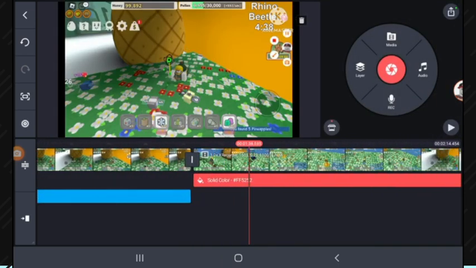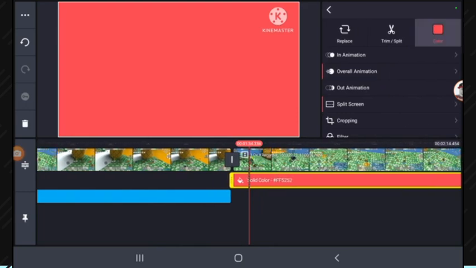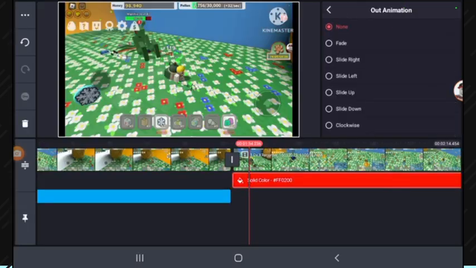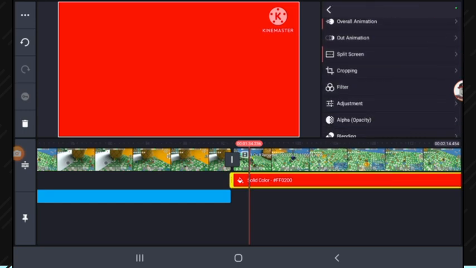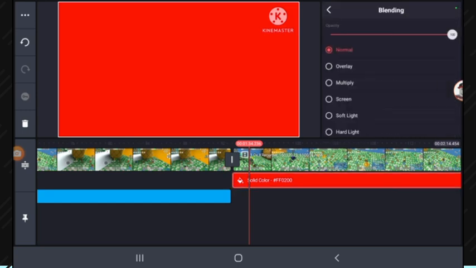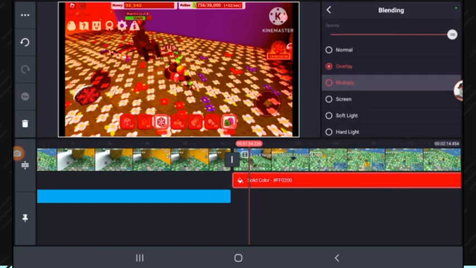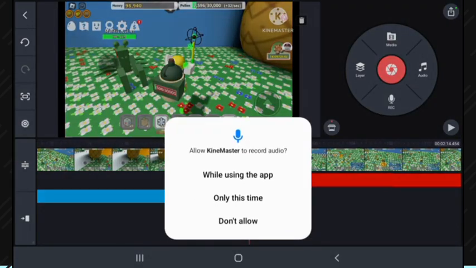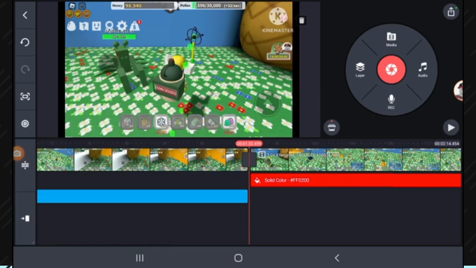And blink slow again. And then use the color very red. And ultimate no. Blending, overlay, or multiply. And then what you do? You can just